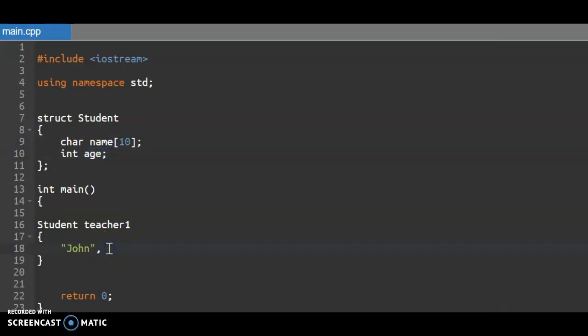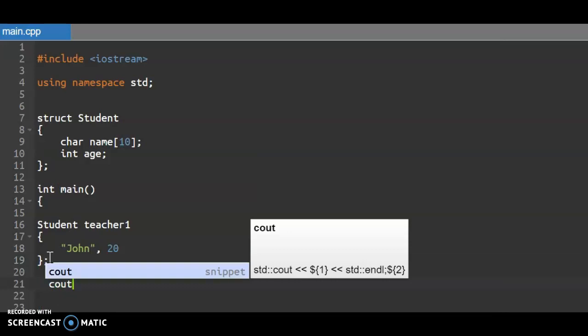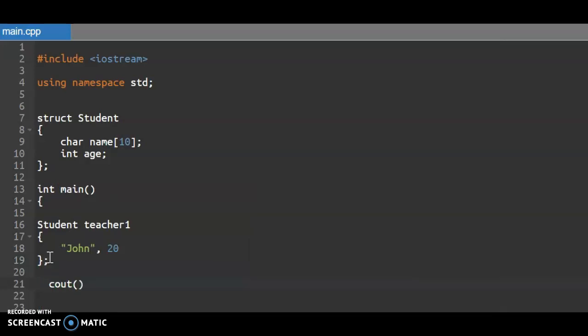I'm going to let it be 20. Don't forget, we are still inside a structure based programming, so we need to close it with a curly bracket and semicolon, and then I'm going to print out cout,